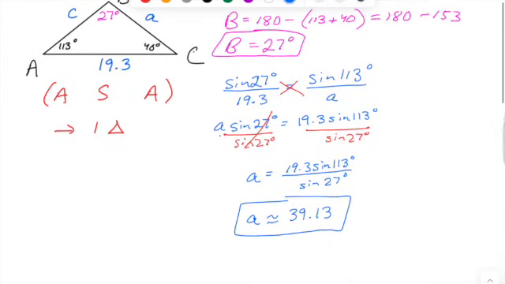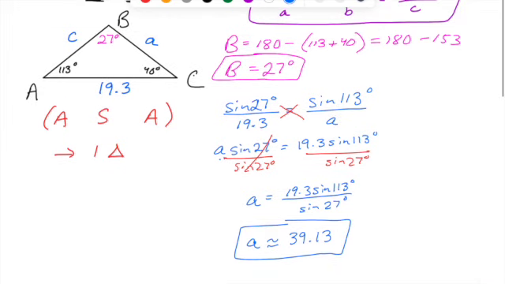And now let's go back and find side C. So we got side A, if I was looking back at my original diagram, it's 39.13. And now let's find side C. What's nice is that you can basically use the same setup you did for side A. The only thing that's going to be different is